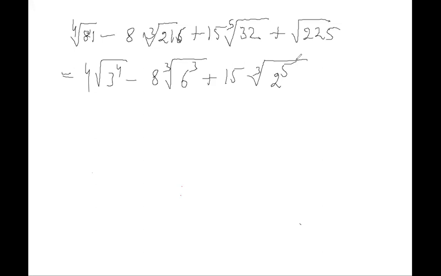Now here there's a problem, but this is square root only. So square root of 225 is 15. Simple. It is 15 square. Here if you see this 4 goes with 4. 3 raised to power 4 is already there. Students, I have made a mistake here. I have written this in the wrong way. It should have been written like this. This was 4th root, so 4th root means power 1 by 4.